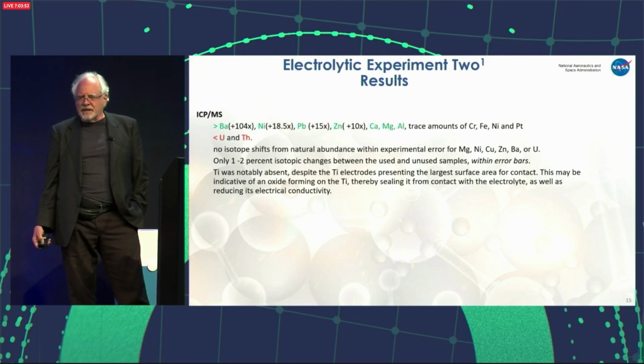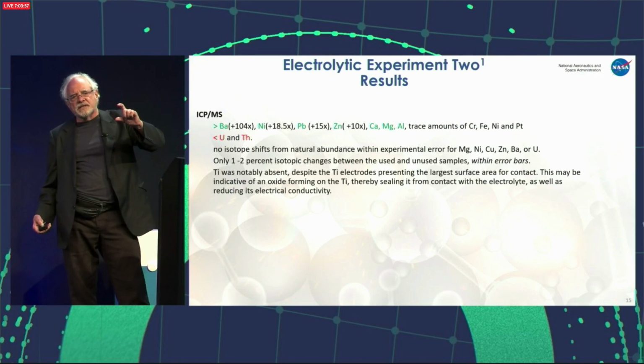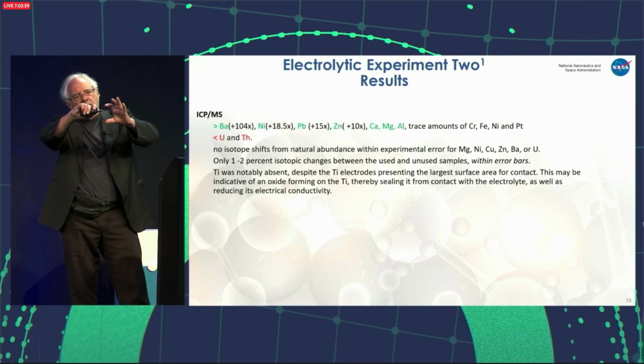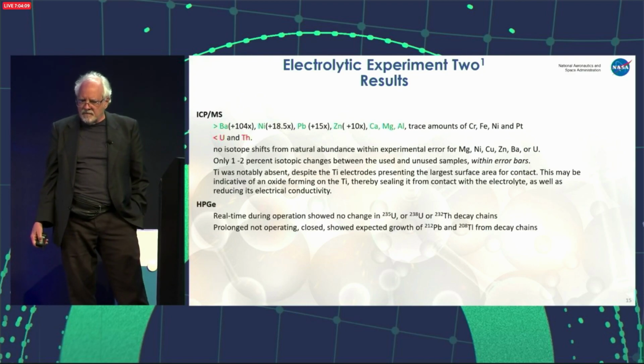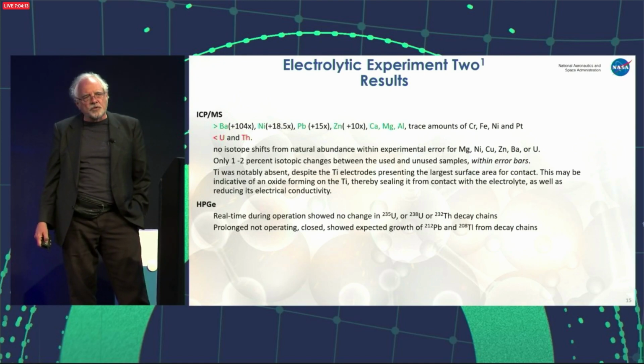Titanium was notably absent. We suspect what happened was it oxidized. Even though the setup had a titanium plate as an anode and a titanium plate as a cathode, only the platinum wire itself was in fact involved in the electrolysis. The titanium became oxidized. The real-time work during operation showed no change in U-235 or daughters of the U-238 or